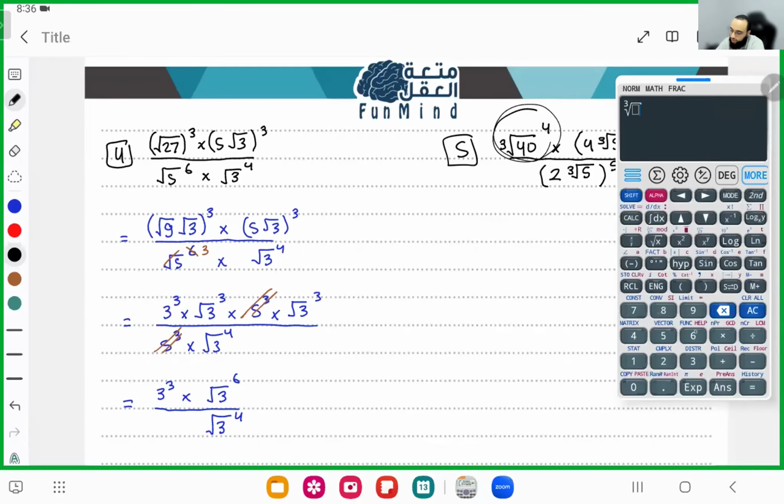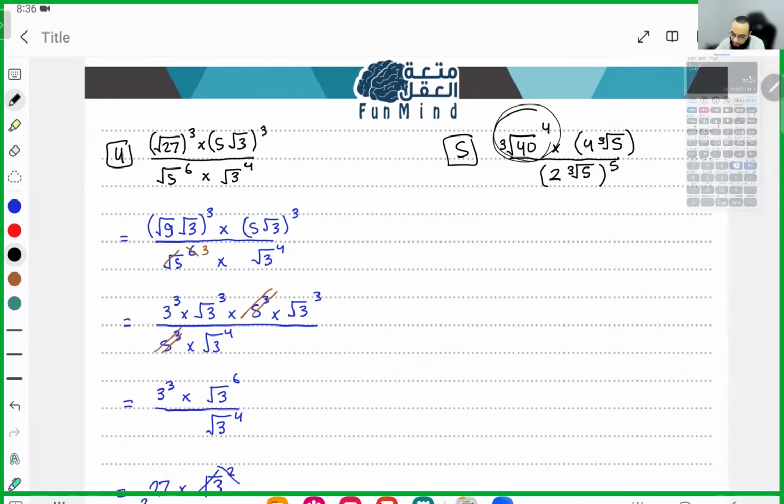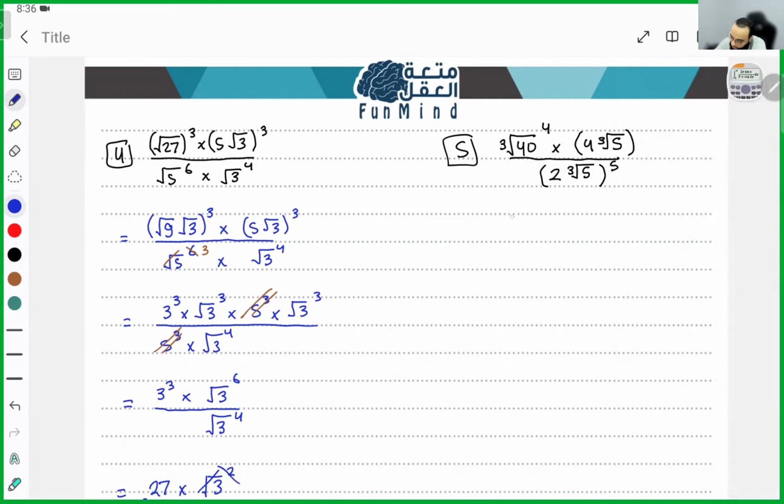Shift square root, but it's a cubic root. 40. Yes, shift square root square. Okay, this part only, it's 80 cubic root 5. So I'll write it like the following. It's 80 cubic root 5 times. Write this part on the calculator. Actually, it's going to be the same. Correct? Yes. Over